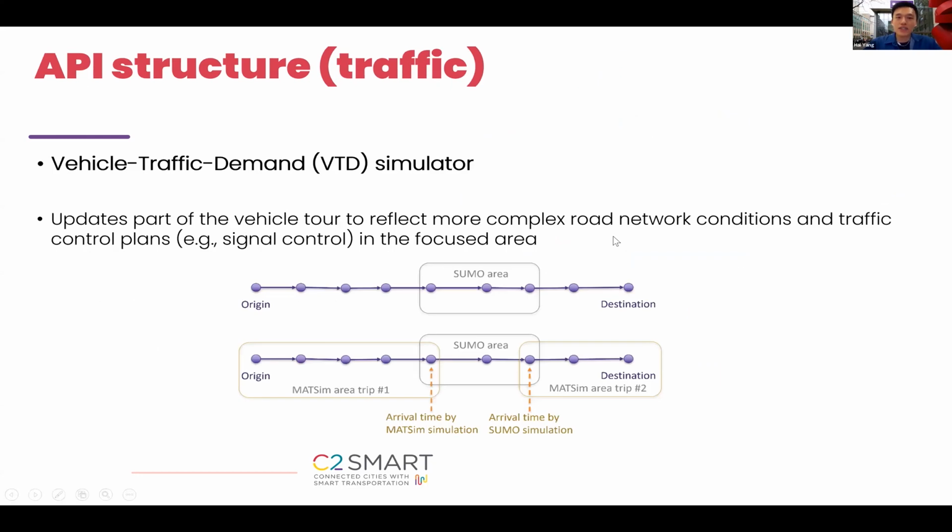For the traffic side, which is the UW team's work, it's a very similar idea. There will be local parts using the Sumo simulator to have more complex road network conditions, and maybe some more specific traffic control plans applied to that area. The arrival time into the Sumo area will be generated from MATSim,